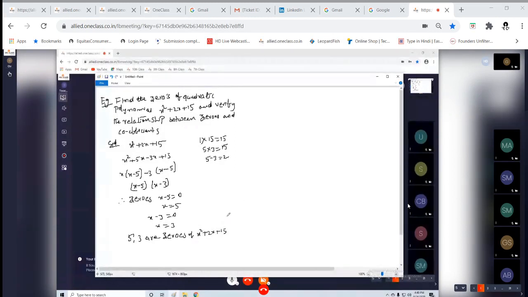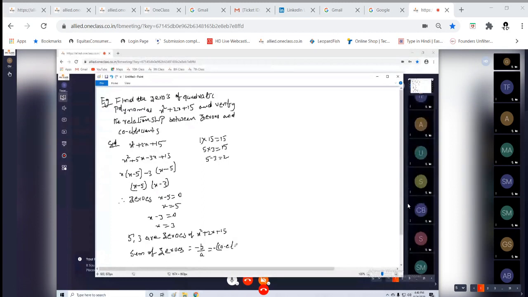Now we are asked to find the relations. So the sum of the zeros I have taken. Look here, children. Sum of zeros is directly minus b by a. That is called how much? Minus coefficient of